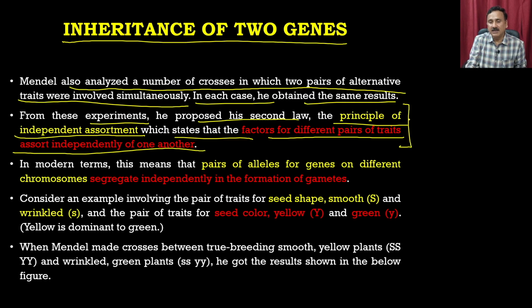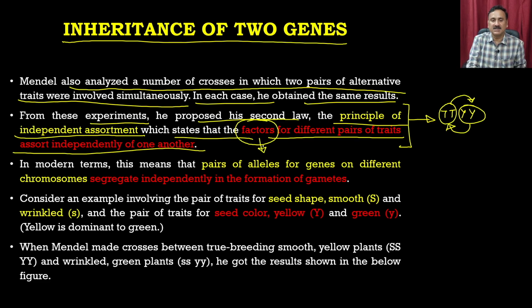What this law means is that suppose you are dealing with two different types of traits. One is for the tall and the other one is for the color. So if you have TT and YY, where YY is for the yellow color, then the TT will not have any influence over the YY and the YY will not have any influence over the TT. And that's why the factor, because at the time of Mendel's experiments,